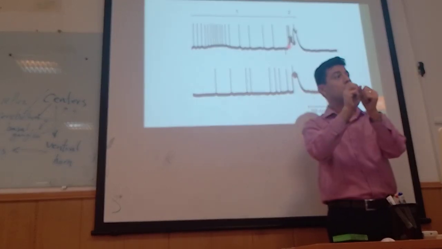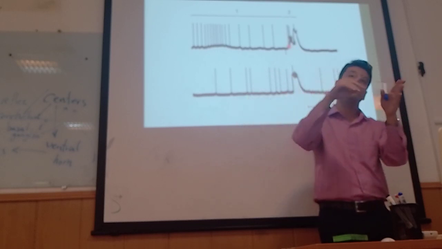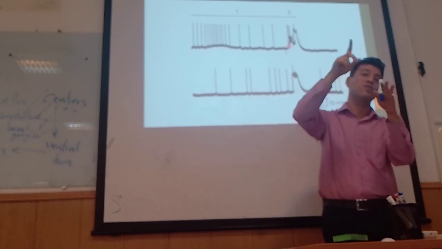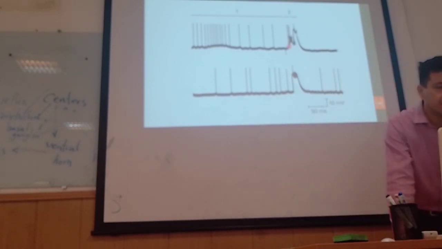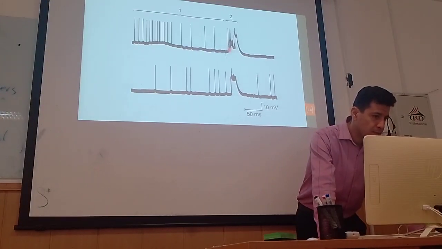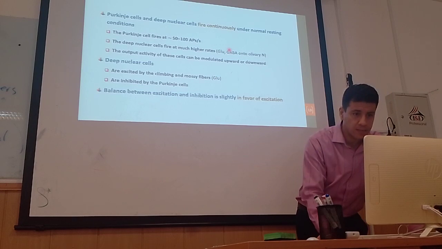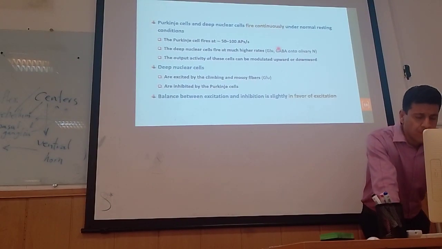Above this, you will have opening of sodium channels and potassium channels. So you will have the standard action potential. Okay? So a complex spike happens when the inferior olivary nucleus activates the Purkinje neuron. Let's go on. Okay. So